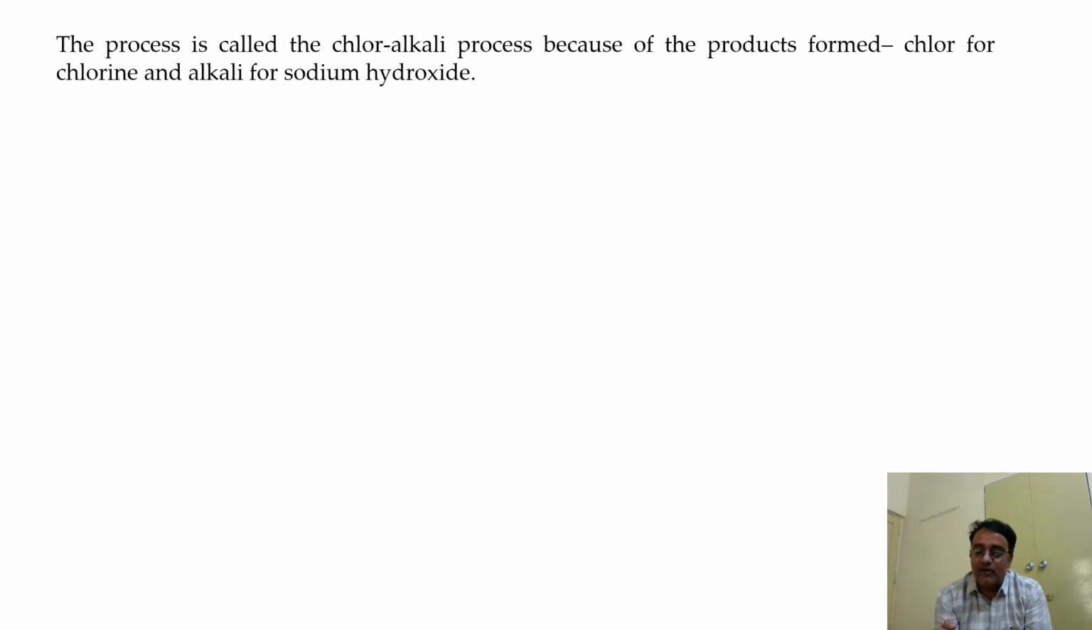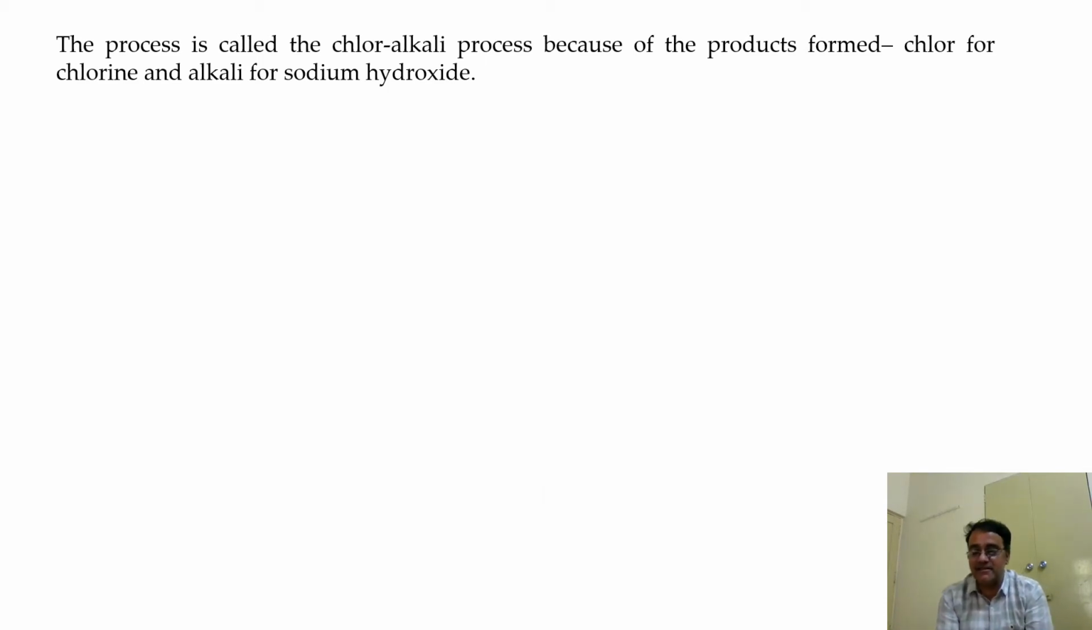Okay, so actually during electrolysis the chlorine gas is produced at the anode, and the hydrogen gas is produced at the cathode, and sodium hydroxide solution is formed near the cathode. Now the process is called the chlor-alkali process. Why? Because of the products formed, chlor is derived from chlorine and alkali is derived from sodium hydroxide, that is